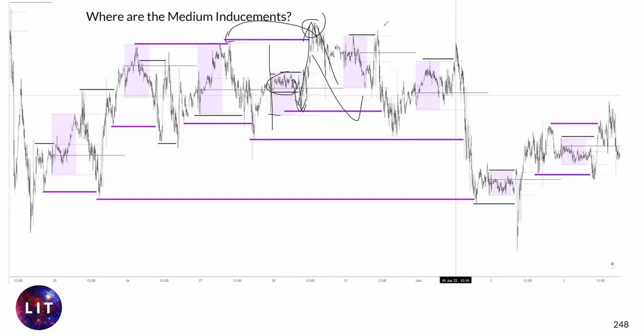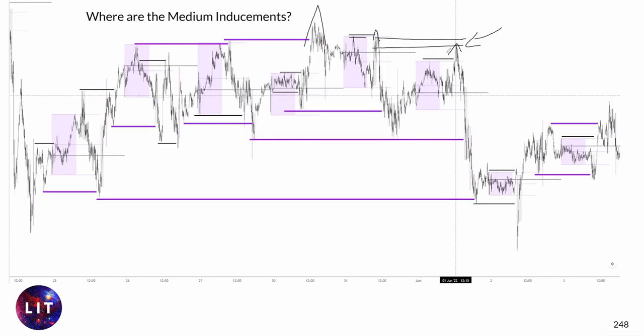Then we have a minor inducement after that. So that's obviously our Mona Lisa scenario, where we have a medium inducement and then internally minor inducements. And then of course you can see how beautiful these reactions are, and then you can trade these order flows later. That's classified as a Mona Lisa trade also, for multiple reasons, which we will dig into, but just understand medium inducement, minor inducement, and then